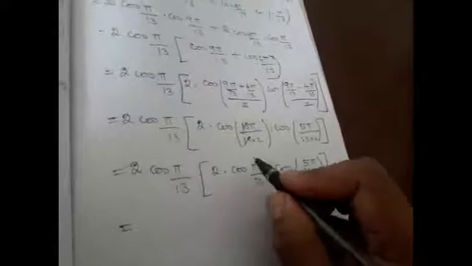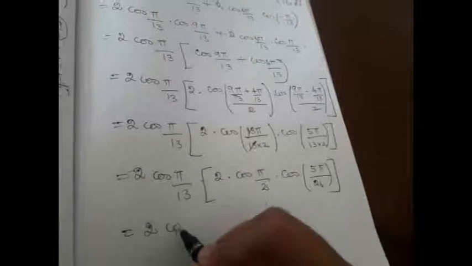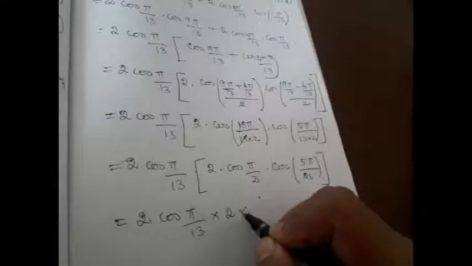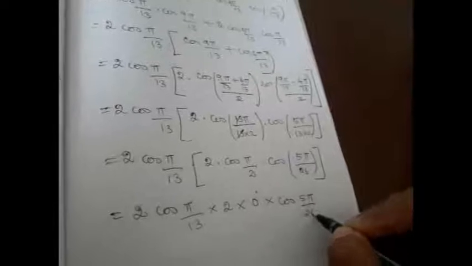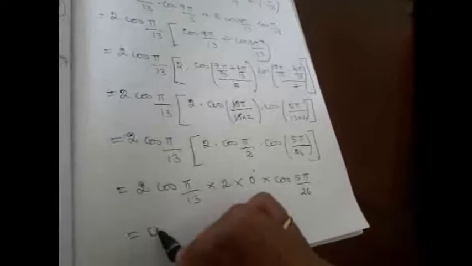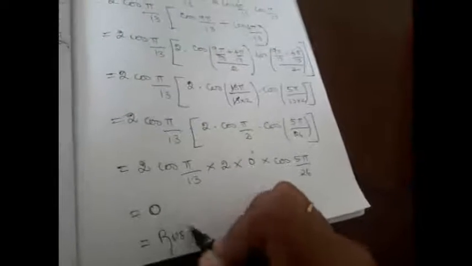Now what is cos pi by 2? Cos pi by 2 is cos 90, and cos 90 is 0. Whatever the value of the other angles, they never bother us, because cos pi by 2 is 0. Zero into anything is going to be 0 only. Since all the terms are under product, the entire term is going to become 0, which is nothing but our right hand side. That's what we needed to prove. Thus we ended up with 0.